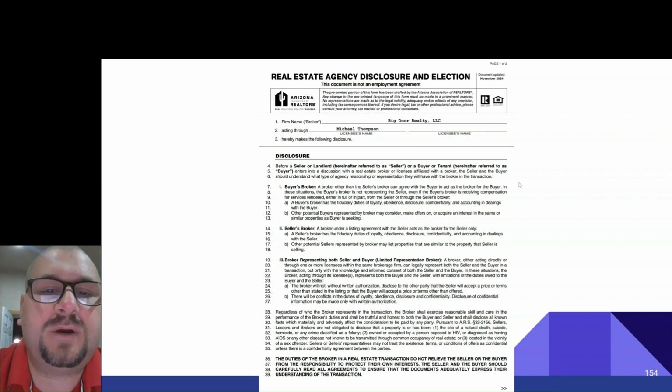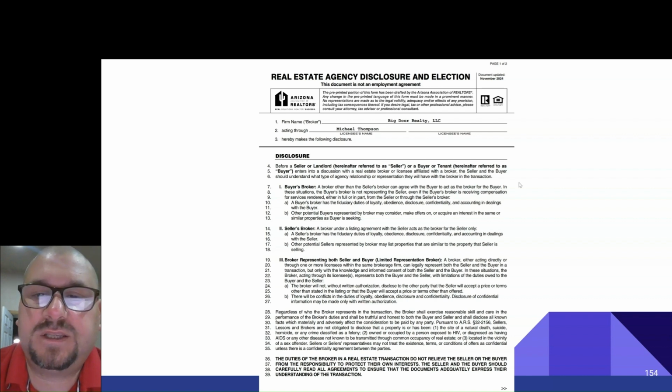A buyer's broker has the fiduciary duties of loyalty, obedience, disclosure, confidentiality, and accounting in dealings with the buyer. So we call it carload, right? Care, obedience,